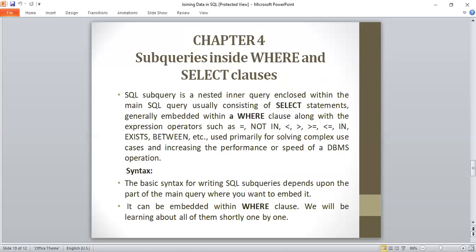Chapter number 4 Subqueries inside where and select clauses. A SQL subquery is a nested inner query enclosed within the main SQL query, usually consisting of select statements, generally embedded within a where clause, along with the expression operators, used primarily for solving complex use cases and increases the performance or speed of a DBMS operation. Syntax. The basic syntax for writing SQL subqueries depends upon the part of the main query where you